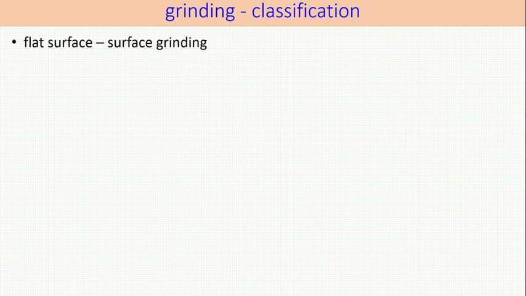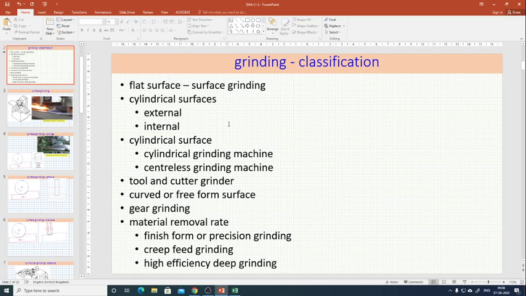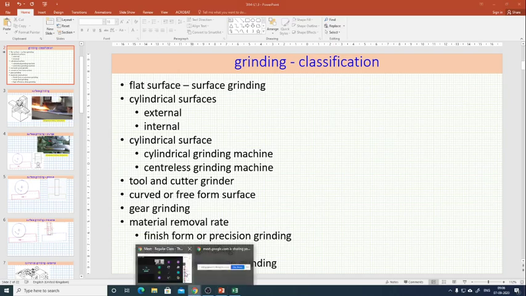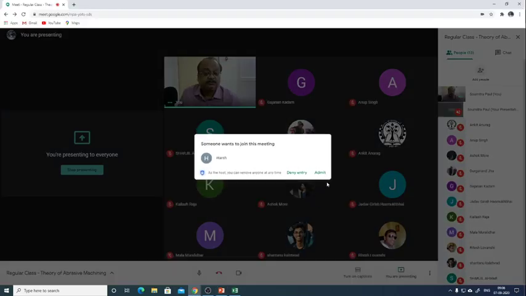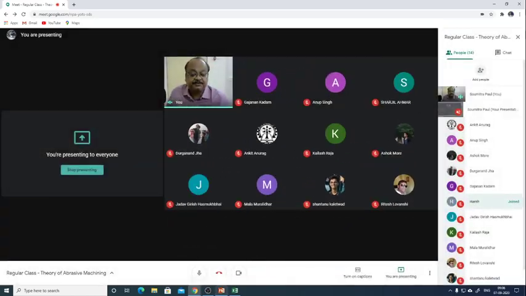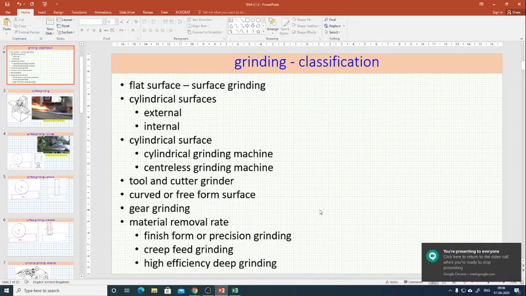So we have two different kinds of surfaces in engineering. We have flat surfaces. If you are sitting in front of a table, that table would be having a flat surface. You have cylindrical surfaces, the spindle, shafts, whatever you see, those are cylindrical in nature.